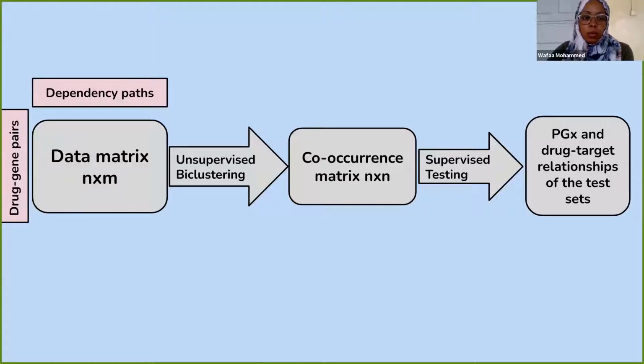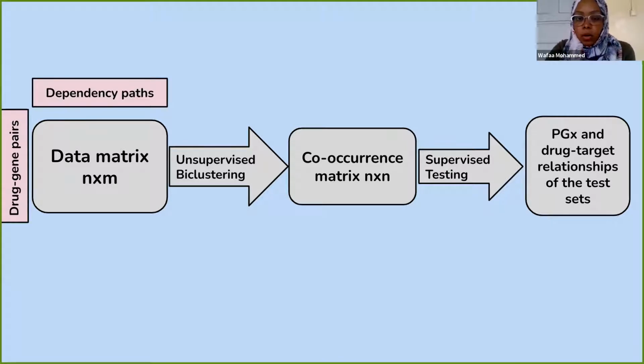Matrix with the rows as the drug gene pairs and the columns as the dependency paths. So the first step is the unsupervised biclustering, in which we co-cluster the rows and columns into a predefined number of row clusters and column clusters, in which the drug gene pairs that are connected with similar dependency paths are clustered together, and the dependency paths that connect similar drug gene pairs are clustered together.